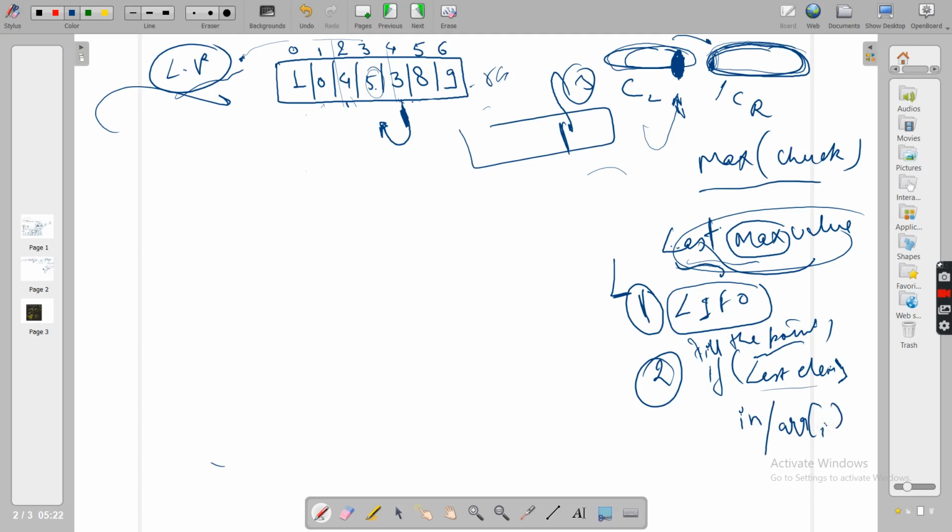You have to use the i variable, i assign 0, i less than, and all those things. So if the element here is 5, the maximum value is 5 for this separate chunk. If 5 is greater than 3, which it is, then you have to remove 5. You have to remove.